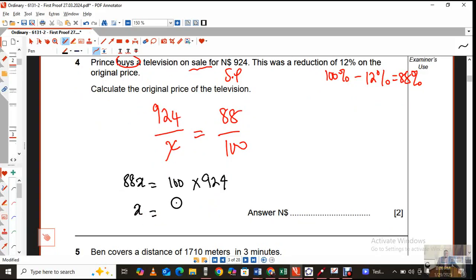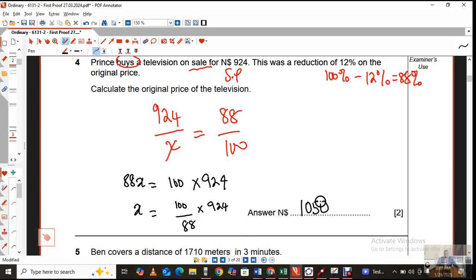To get rid of that 88, you're going to say 100 times 924, but you're going to divide by 88. It can be all over the whole thing, but you're going to divide it. So do you see, the reverse percentage indicates that 100 is always on top. That's what it is. So if you can see that you're dealing with reverse percentage, it was probably not even necessary to show this equivalent fractions, but it helps you to understand that concept. So you punch this in on your calculator, okay, and you're going to get